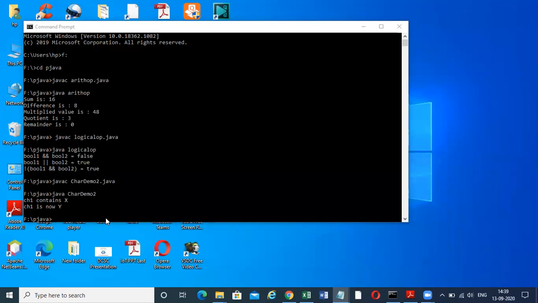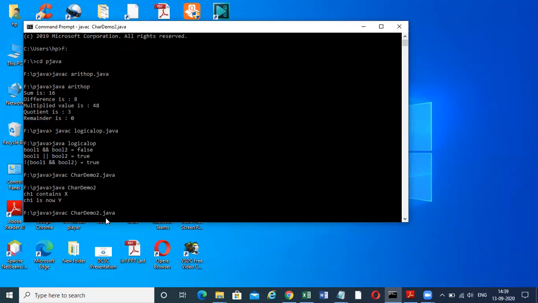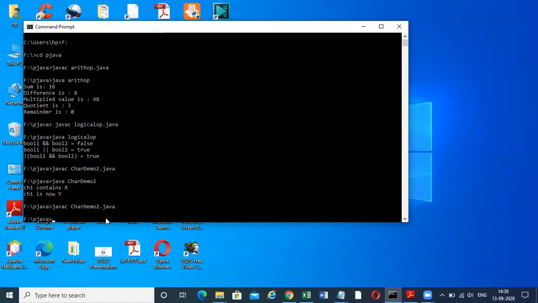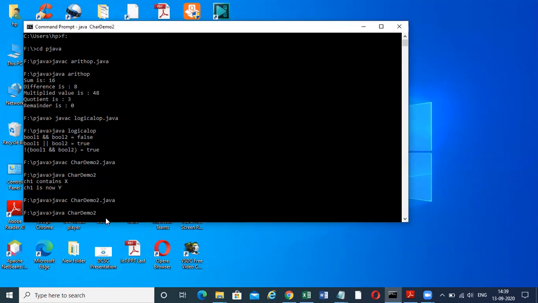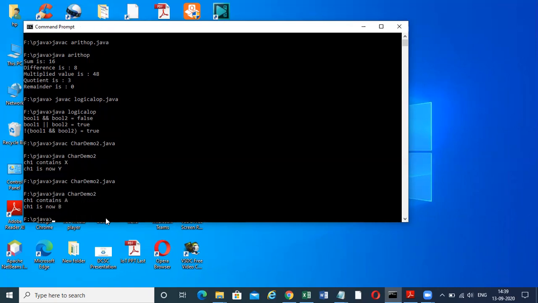Now I am again going to compile the program, and now you see what will be the result, because I have implemented here the increment operator, and that increment operator will increment the integer value. Okay, and now the program will print. Let's see. Yeah, the program has been compiled, and now I put here the char demo 2. And now you see, it prints here ch1 contains a, and now ch1 is